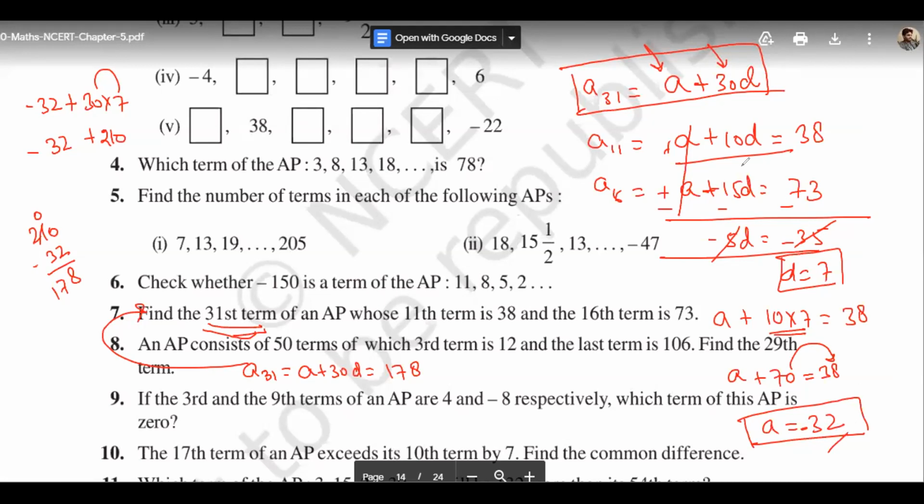उसके बाद हमने क्या किया, इस इक्वेशन में, ये जो हमारे पास कोई भी एक इक्वेशन है, तो A11 इज इक्वल टू A प्लस 10 माइनस 1 इंटू D, हमारे पास ये था. ओके, सो इस इक्वेशन में मैंने A और D निकाल लिया. D की वैल्यू पुट करके इस इक्वेशन में पहले हमने D निकाला, फिर A निकाला.